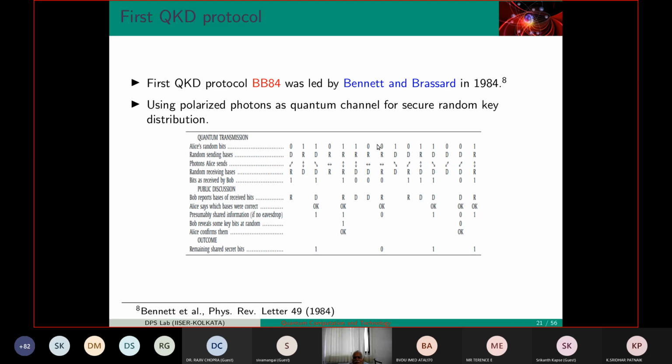So randomly, using a classical random number generator, come up with 0, 1, 1, 0, just from your own mind, and write this chain. I am somebody called Alice. Just write it randomly, whatever comes to mind. Then decide the basis, for example, the computational basis or this 45 degree one. You see, the 45 degree rotation is this. This basis is up and down, 0, 1, 1, 0. And you measure. Only using this measurement and collapse, and communicating through a classical open channel, you can actually find a key. In this case, for example, 1011.